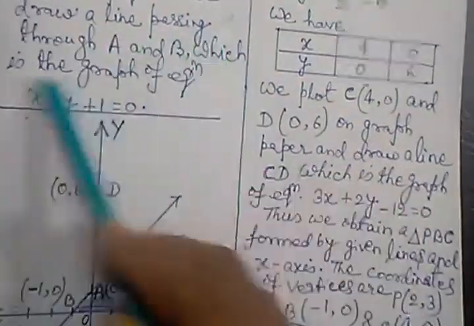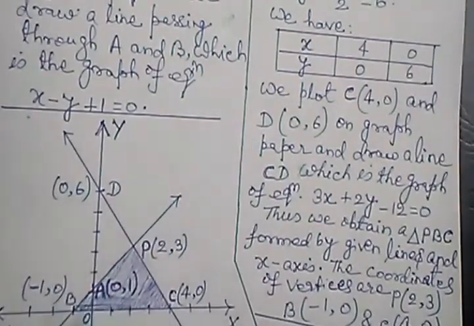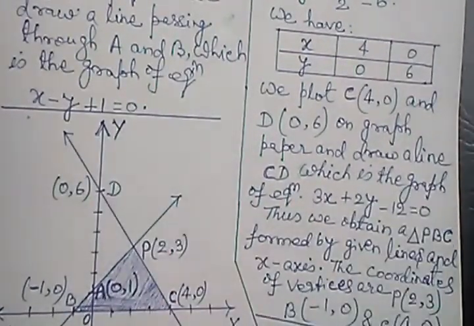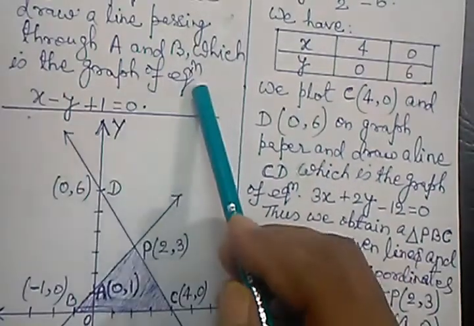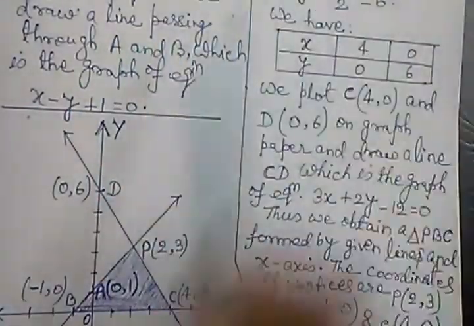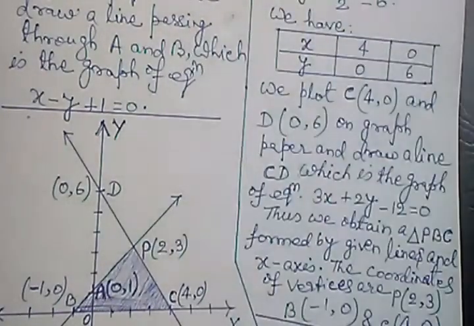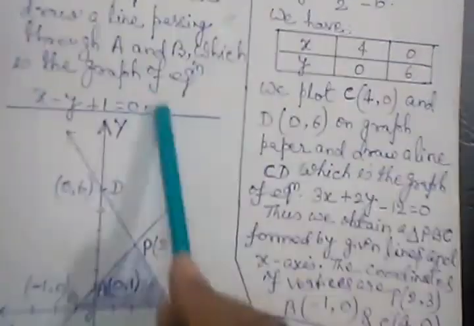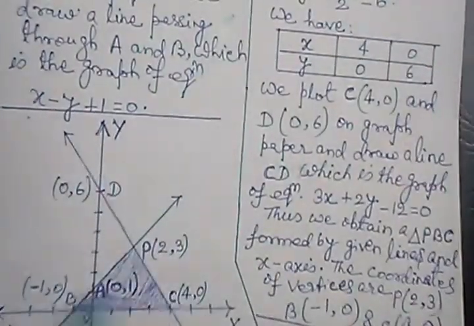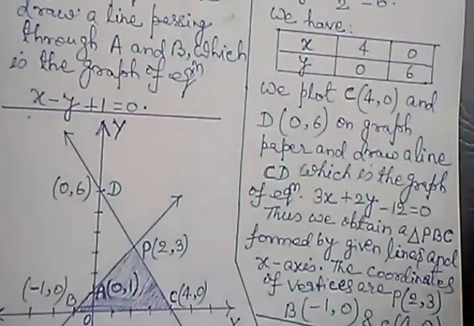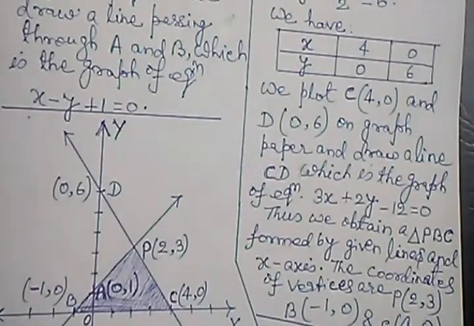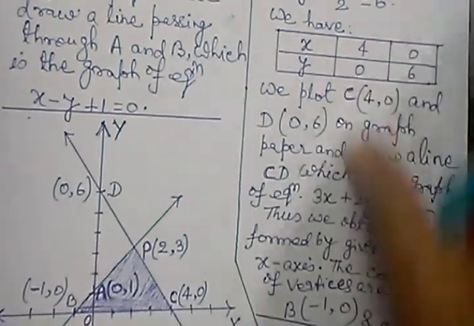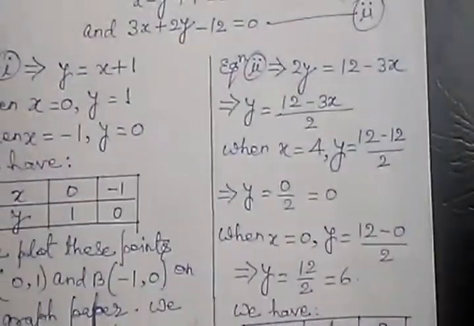We draw a line passing through A and B. You see this A and B, we draw this line. We draw a line passing through A and B, which is the graph of equation number 1, as I told you earlier that you select this and give it a name. This was your equation number 1. So this is the plotting of equation number 1. This equation number 1 is representing a straight line. This is the graph of a straight line. So AB is the graph for the first equation. Now you take the second equation.